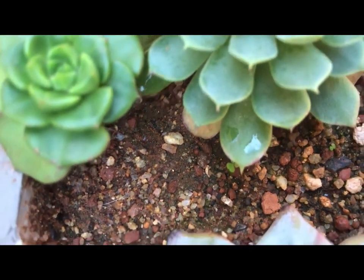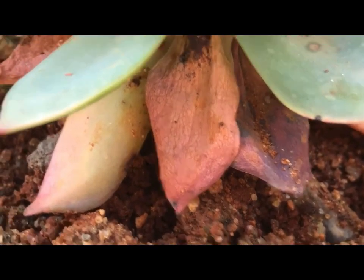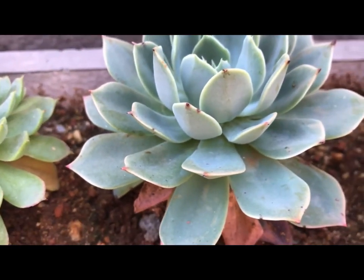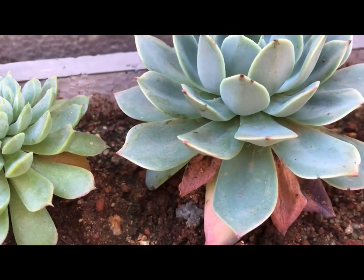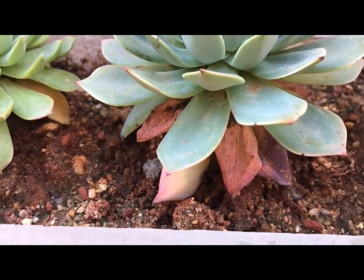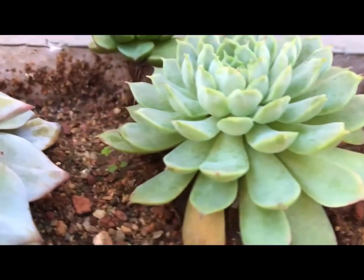This is basically the succulent trying to adjust in the new environment. Hence it starts to reject or dispose of its older and mature leaves. Now this process is so that the succulent can conserve energy in order to get acclimated and adapted to the new environment. So whenever you get your new succulents and you pot them, initially you might happen